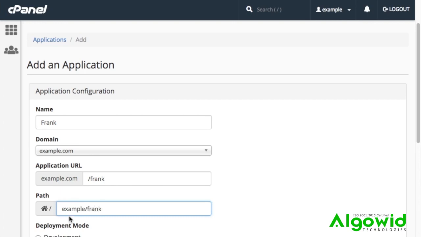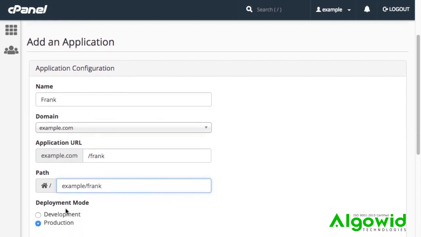Click Development or Production to choose the server environment that the application will run in. Click Development if you need to continue to develop your application, or click Production if you want to deploy and use your application. This defaults to Production, and I'll leave it there since the application we created is ready to